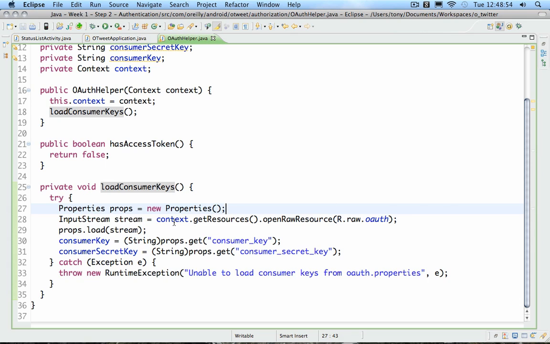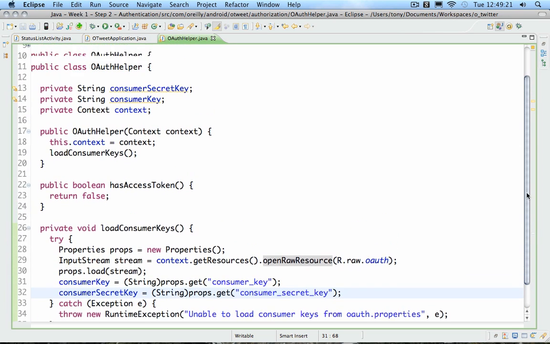So you can, off of a context, you can say get resources, open a raw resource. So this is how you would get access to any resource that you packaged along with your application in the raw directory. And then that will give you an input stream, and then it's pretty simple to load a properties kind of hash off of an input stream, and then we'll just grab the consumer key and consumer secret key off of that input stream, and then we'll have access to those guys as we need to use them throughout